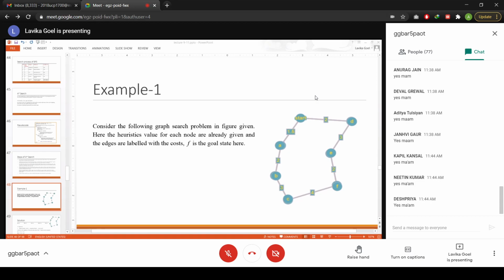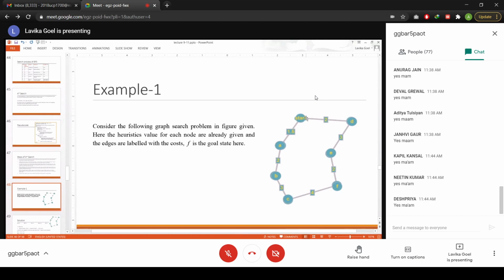So let us take this example for A star searching, just to help you understand how it works clearly. Just see this graph. This graph is given to you and your goal state is F. You want to reach F, and your starting state is where start is written.